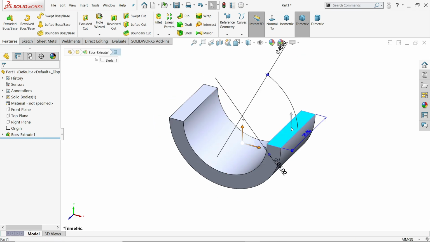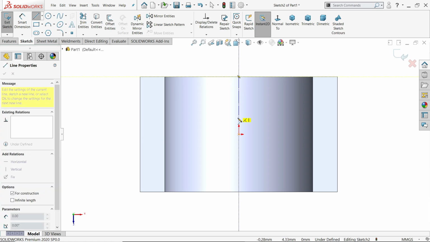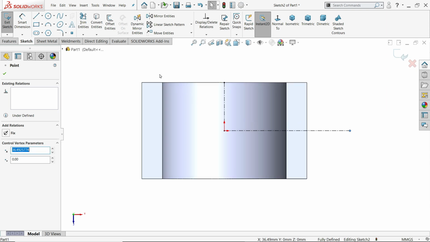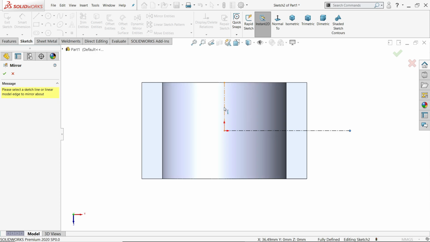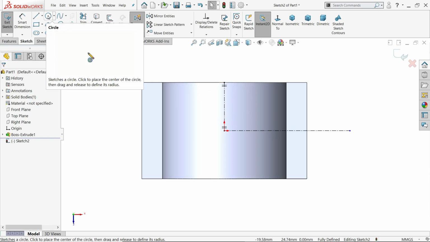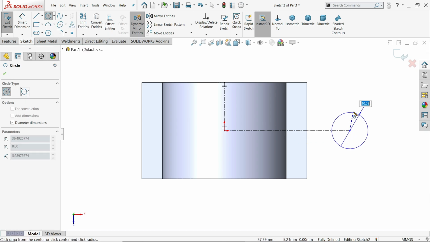Okay. Now select the top face, sketch. Let me make a center line, which helps us to create the sketch. Now I am going to activate dynamic mirror, which is going to help. Select the line. Now it is activated. First I am going to activate circle and draw.